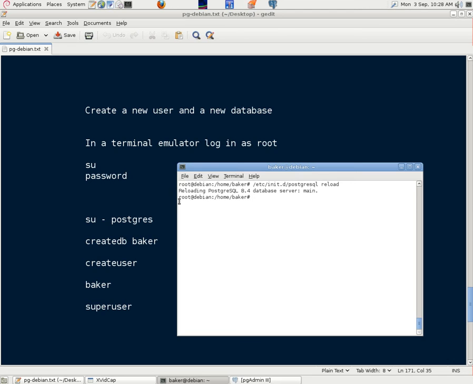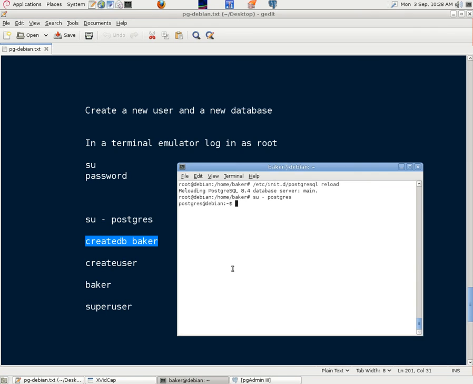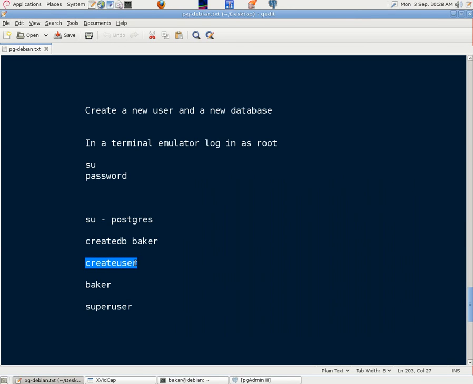So in the terminal emulator we log in as root. We've actually already done that. We're still logged in as root in this one. But we can now log into Postgres. So su space dash space postgres, and it takes us into the Postgres database. And we can see we've got a dollar symbol there as the prompt. And we can type in createdb space, we'll call this one Baker because this is the user that's using this program at the moment, the user's name Baker, or we can just paste that in as we've done here,